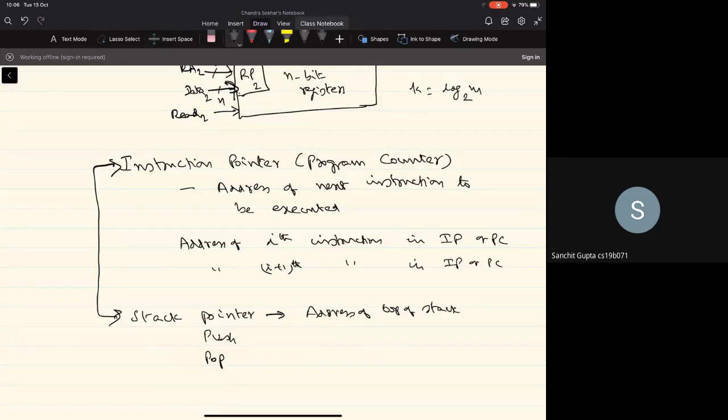In order to implement these push and pop operations, one needs support to either increment or decrement the content of the stack pointer. So typically the stack pointer will have a mechanism to not only store the data and read the data from it, but also to support the increment operation and the decrement operation.